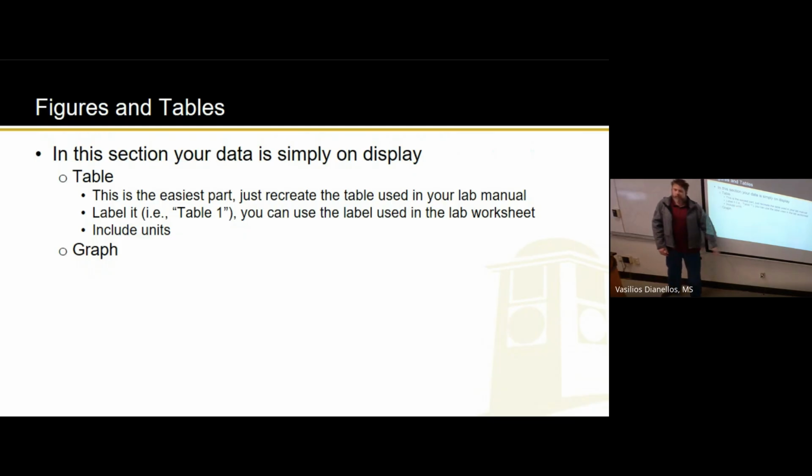And I'm saying table 1 on purpose for this, because regardless of which experiment you did, for example, if you do the 5th experiment on the lab worksheet, that'll say table 5. But for you in your lab report, it is table 1, right? Because you only have that one table. Does that make sense? So don't let that confuse you. You'll lose a point for that.